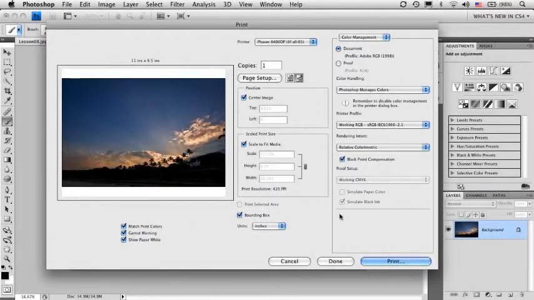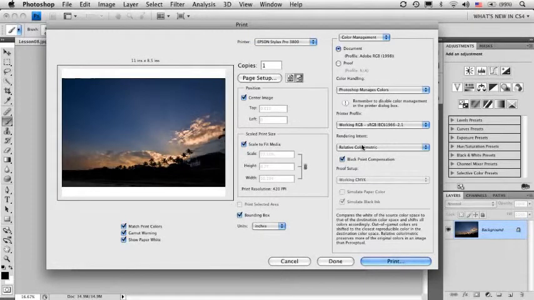The caveat is it only works on the Mac, and it's only because the Mac OS supports the passing of 16-bit data to the printer and the PC operating system does not. Okay, so it's not Adobe favoring one operating system over the other. The PCs just simply don't support passing that 16-bit data. But if you're on the Mac and you have a printer capable of printing 16-bit, all right, the other thing